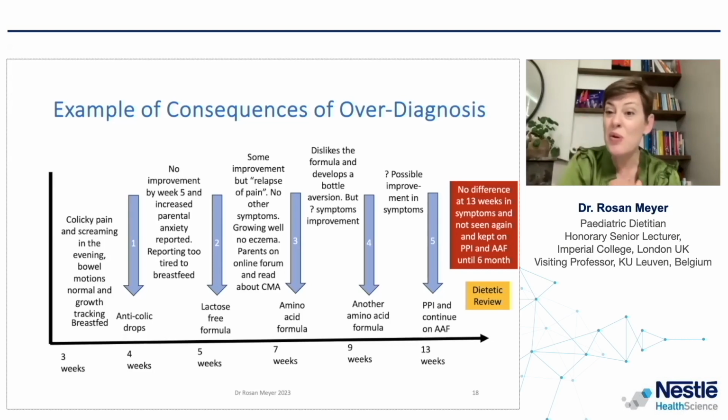Child is still growing well, no eczema. The parents, as they do, went onto an online forum and read about the symptoms of cow's milk allergy, and by week 7 went to their general practitioner and asked for an amino acid formula and absolutely insisted on it. So the consequence then was the child disliked the formula, but the parents felt this was the right diagnosis, so